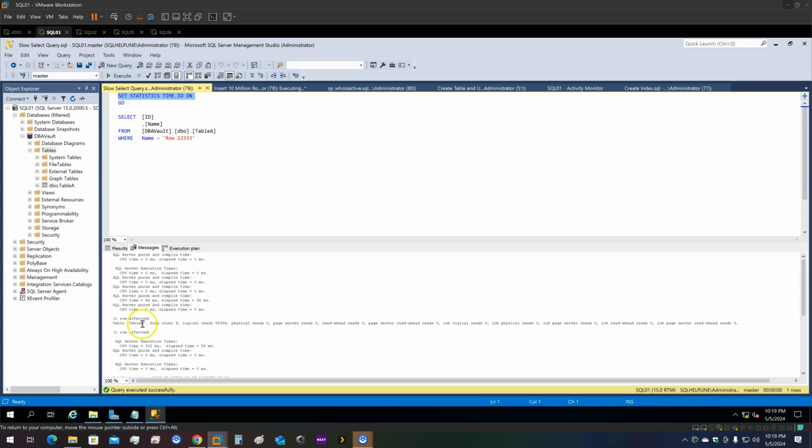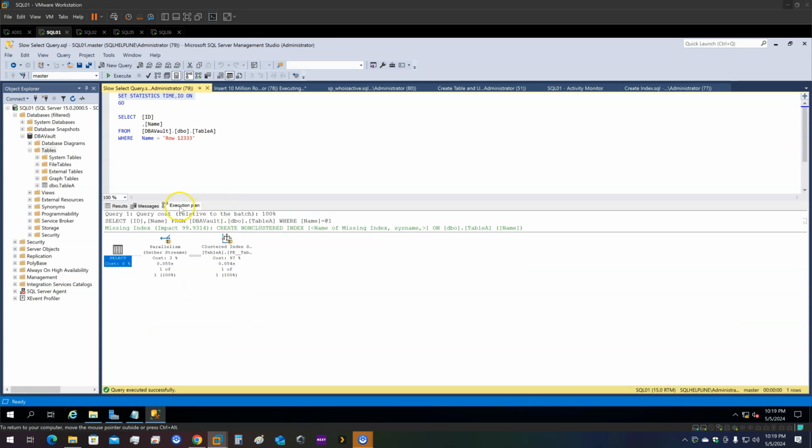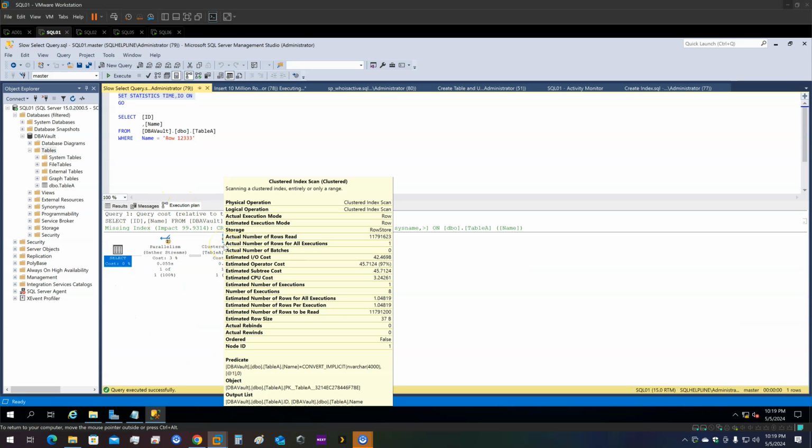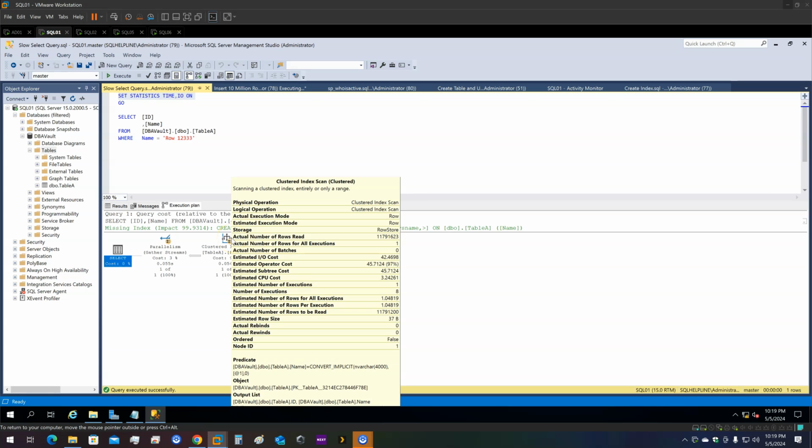So now we can see that this table with this query read like 58,000 logical reads, which is a huge number for a very small query. And once we see that, we go to the execution plan, and we clearly see that there is a clustered index scan going on. And I would strongly recommend using a third-party tool like SQL Sentry Plan Explorer,